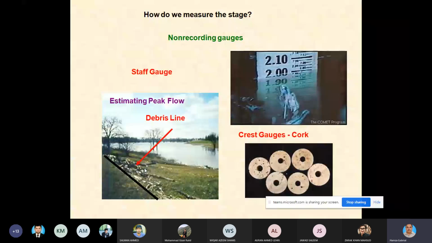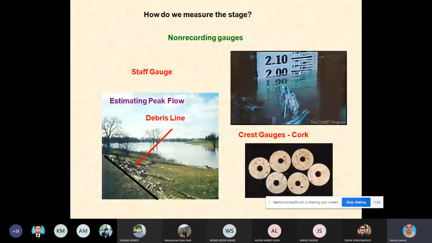So also the stages, as they can be of different types, recording and the non-recording. So non-recording में stage में आपको खुद जाके पढ़नी पड़ती है रेटिंग. Like you see here, a staff gauge, the reading has to be read manually by the observer, and as we discussed in the previous lecture, कि हम gauges कौन कौन सी इस्तेमाल कर सकते हैं. So हमने देखा था कि वहाँ स्टाफ गेजेस हैं जो कि वर्टिकल भी हो सकती हैं, इंक्लाइंड भी हो सकती हैं, और स्पेशल टाइप की गेजेस भी हो सकती हैं जो कि हाईएस्ट वाटर लेवल रिकॉर्ड करती हैं,